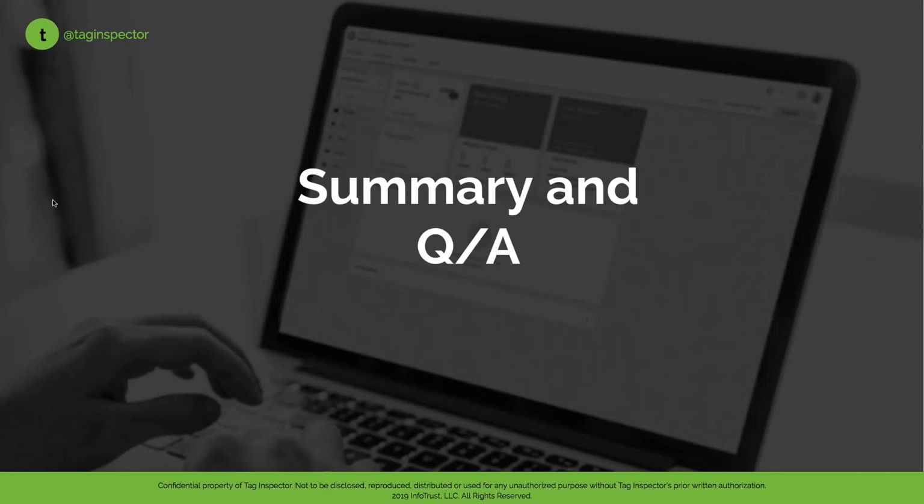Perfect. So with that, we can get into a little bit of a Q&A. Just to quickly summarize, we went through first what cookies are, how they work, and some of the different implications for those. We went through the more recent Chrome announcements, so the technical announcements and the technical limitations that are being introduced by Google, as well as the more theoretical, philosophical updates with the removal or the killing of the third-party cookie over the next couple of years, as well as some of the practical limitations or implications for those. So with that, let's hop into a few questions.